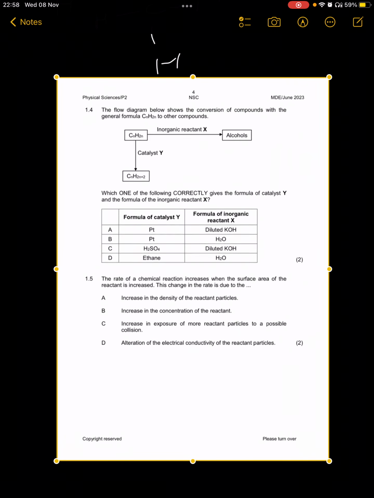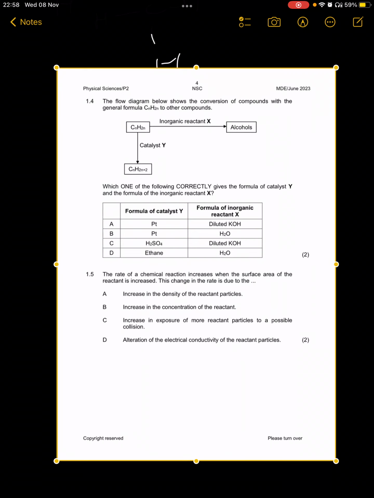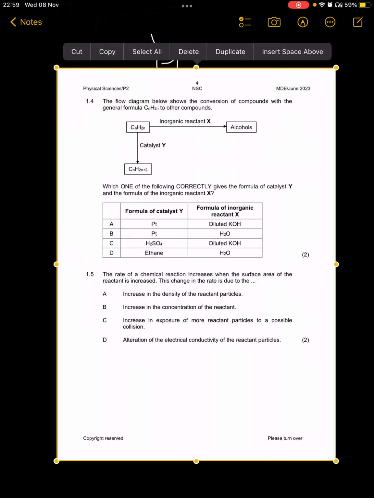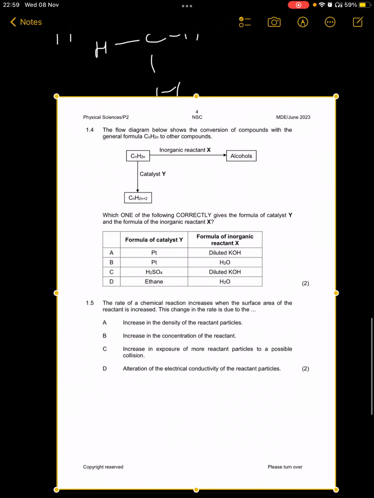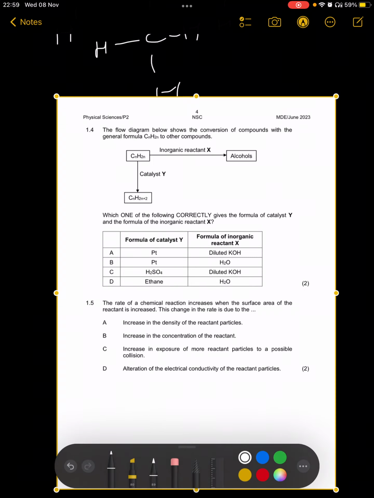Still need to learn more on using this. Okay, now this is our 1.4. Now in 1.4 we have